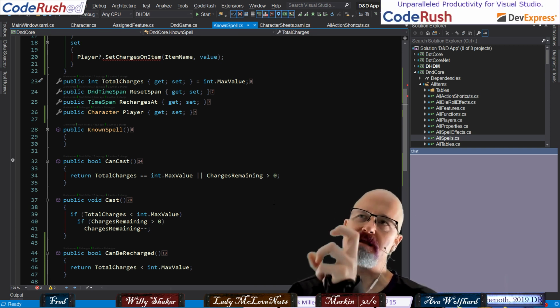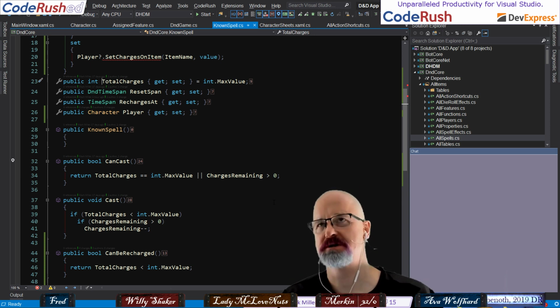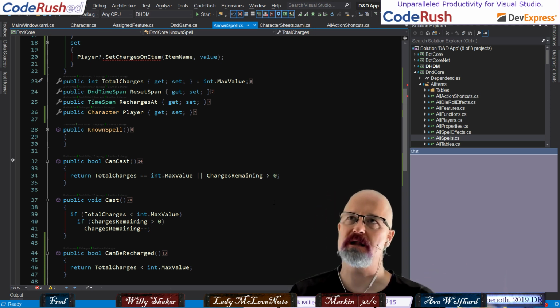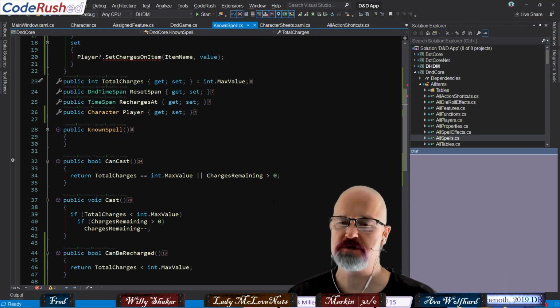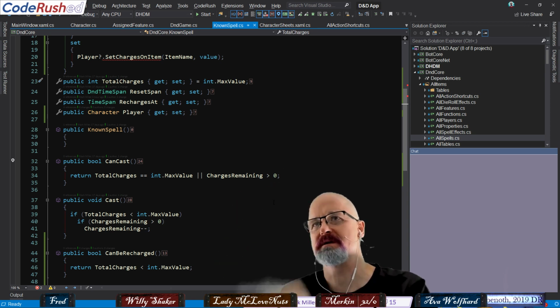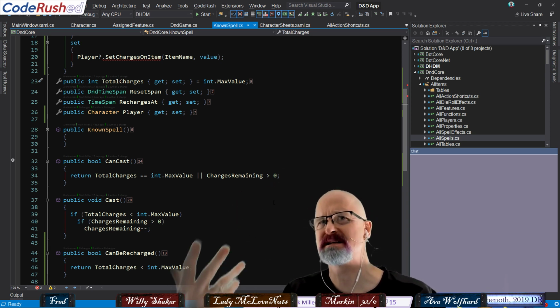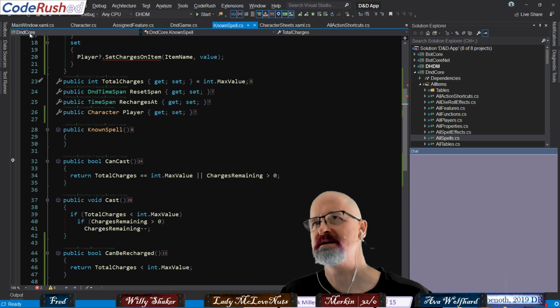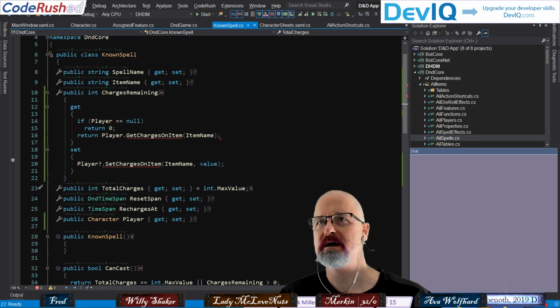Yeah, and the only thing that we're doubling up are the total charges. But you know what, that's okay, partially because we're reusing a class down low, that Rechargeable class, which is going to hold that. And this is a higher level class that's used with the UI and things like that. Or at least I say it's higher level. It is in the D&D core, so arguably the same level, but that's kind of what we're dealing with.